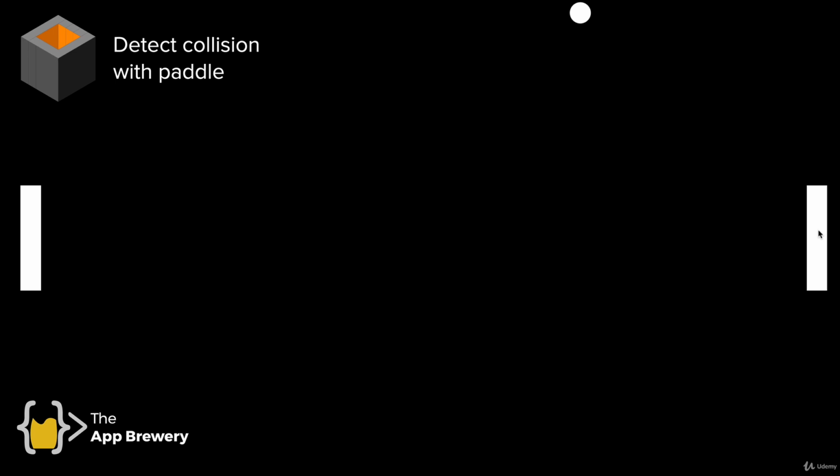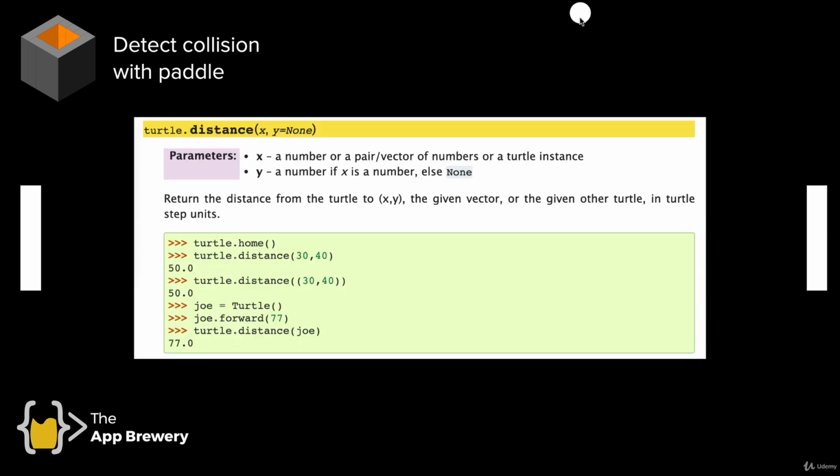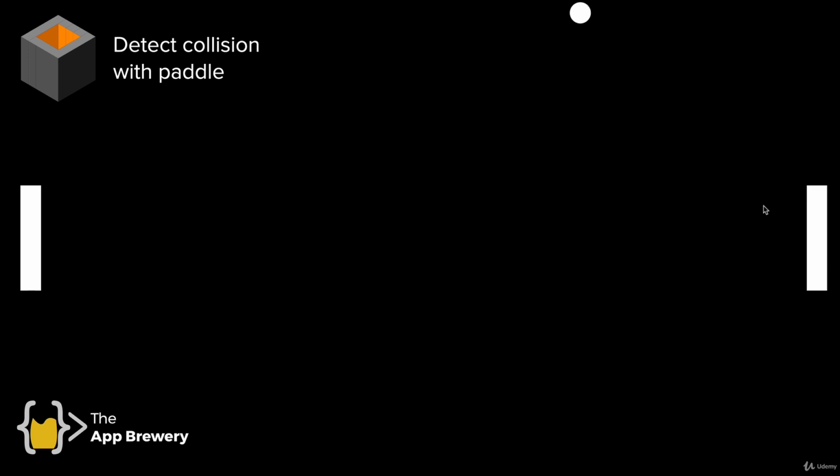Now, normally we use the distance method to check what is the distance between the ball and the paddle, and if it's less than a certain amount, then we can be relatively sure that they've made contact with each other. So the code that we normally use would be something like this. We get our ball and we check its distance from the paddle. Now remember that our ball has a width of 20 pixels and our paddle has a width of 20 pixels. Normally we would say, well, if that distance between the two of them is less than 20,